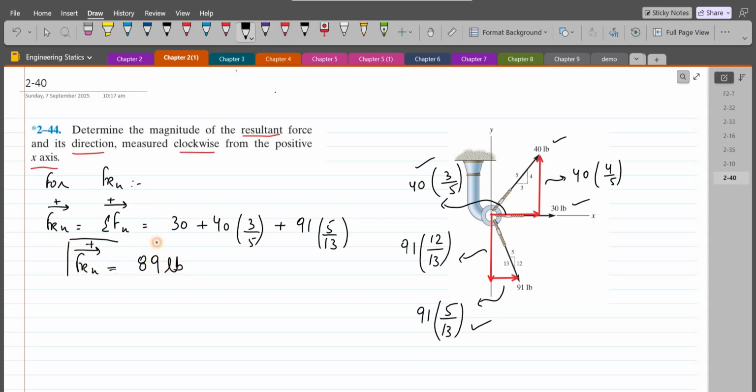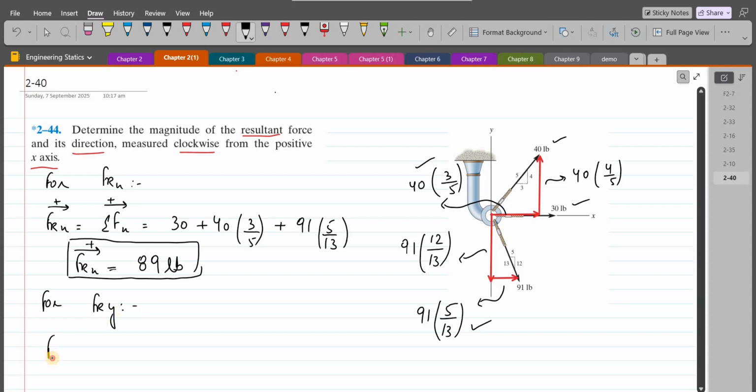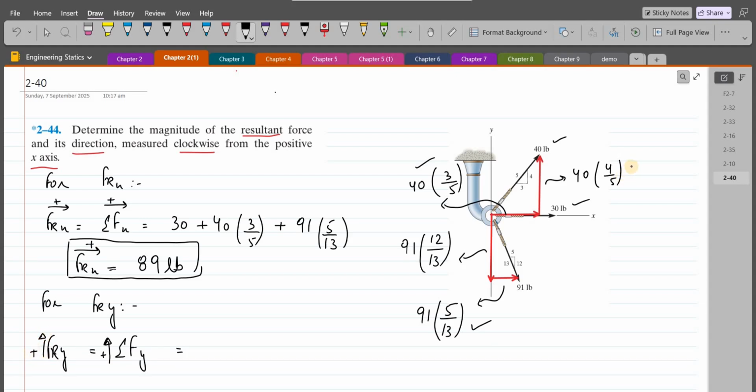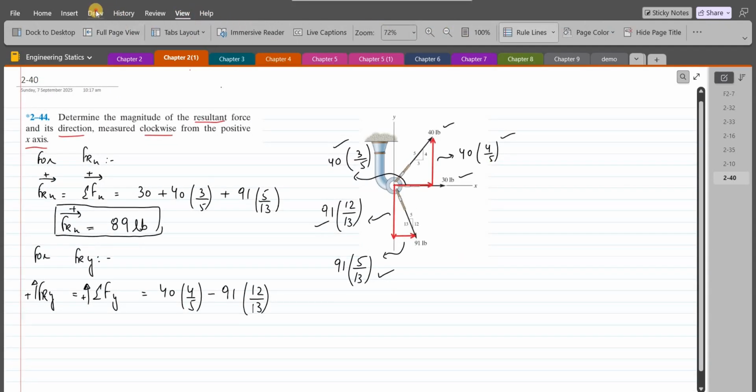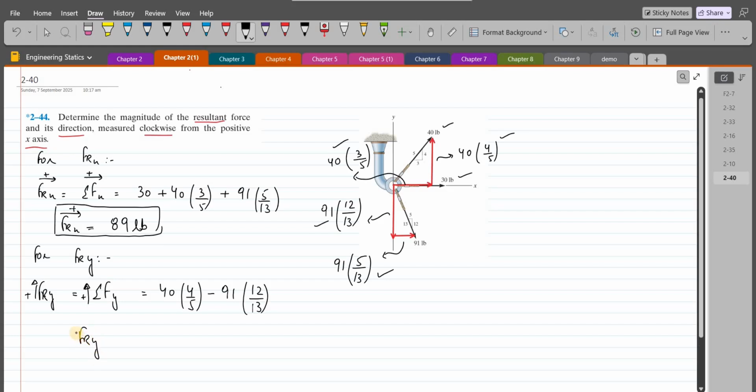Now we have to do the same for the y component of the resultant force. For Fry, we have to sum the components in the y-axis. I am considering the up direction as positive. The vertical component of this 40 lb force, so 40 times 4/5, minus the vertical component of this 91 lb force, so 91 times 12/13. Upon simplification, Fry comes out to be